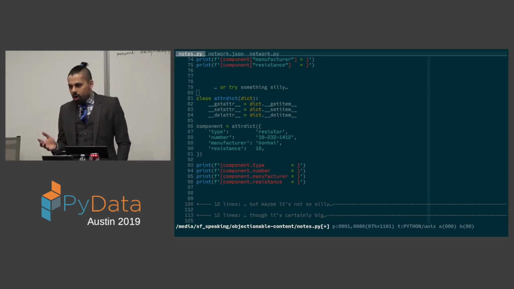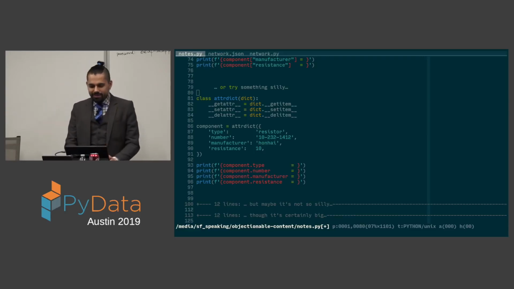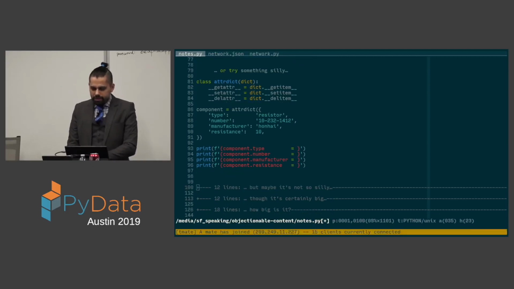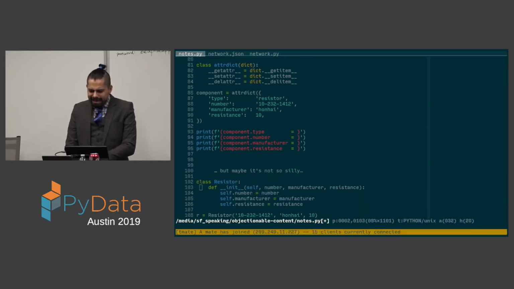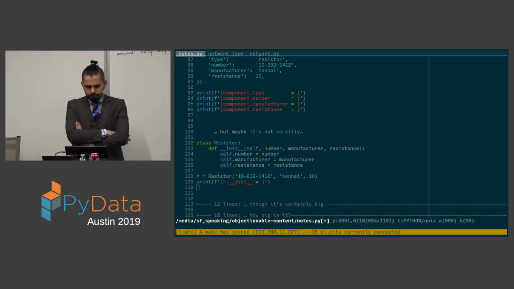It doesn't gain you a whole lot, and I don't know why people just really seem to hate typing those extra square brackets and the double quotes. But if you really dive a little bit deeper, you think, is it that silly? It's not really that silly, because if we were to write this as a normal Python object,